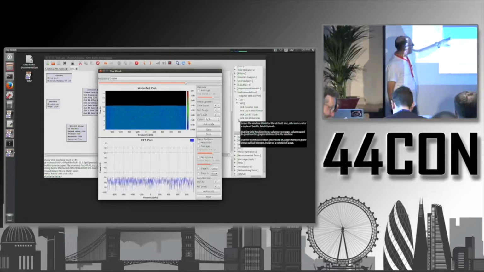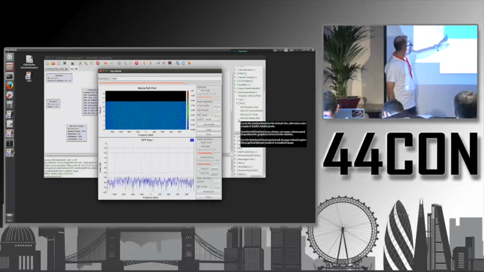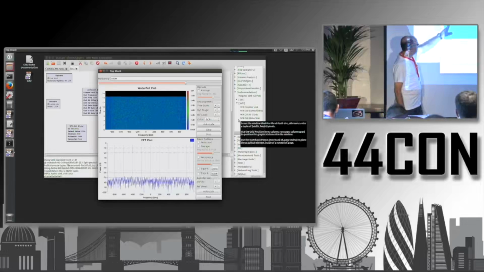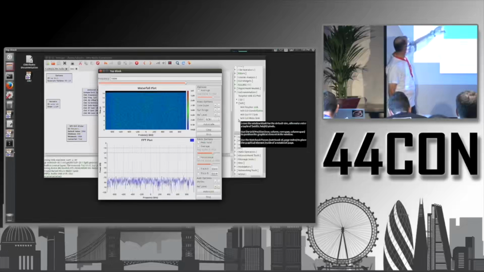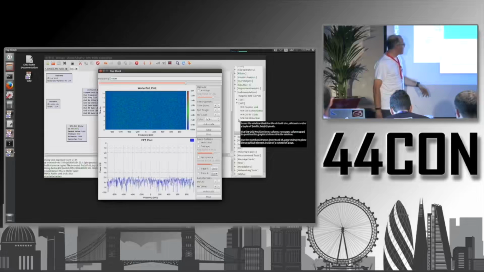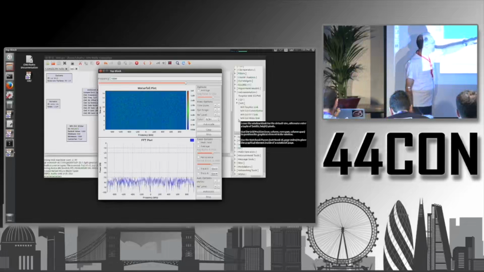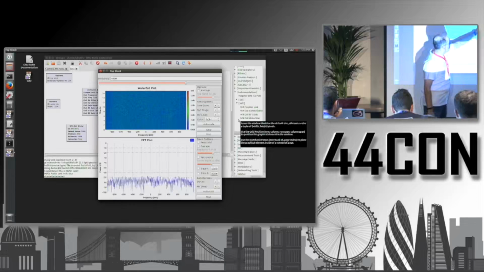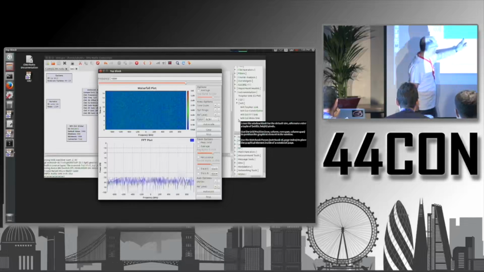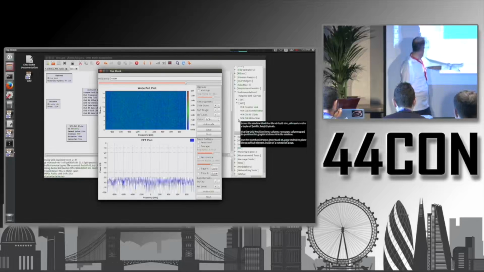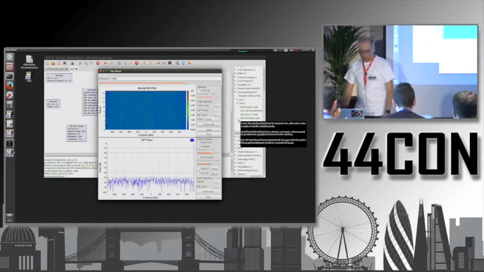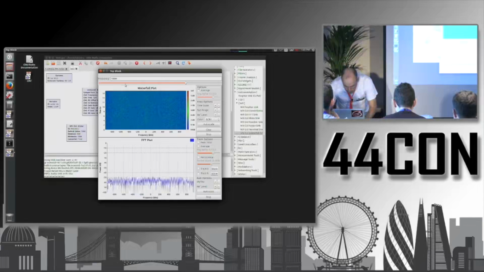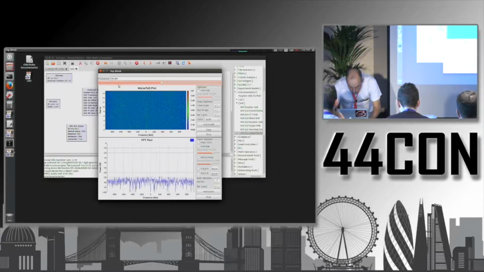So here you have that waterfall sink. That is something that evolves with time. Here you can see the number of seconds, so that was 16 seconds ago. And the colors that you see here are the energy of the radio signals captured at that frequency. Same frequency as is here. So if I go to that 86.4,